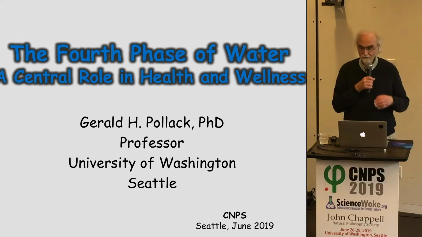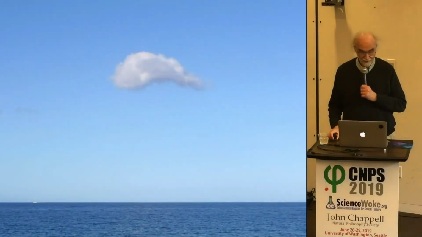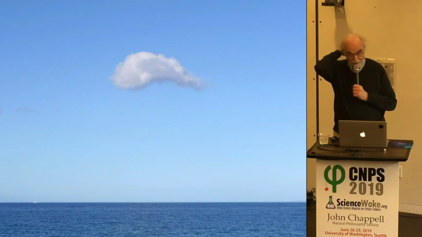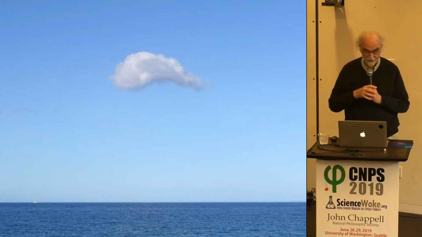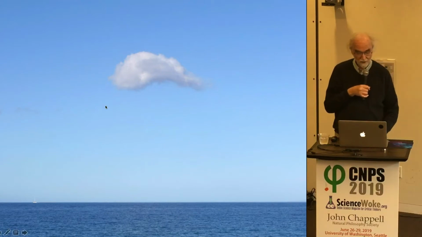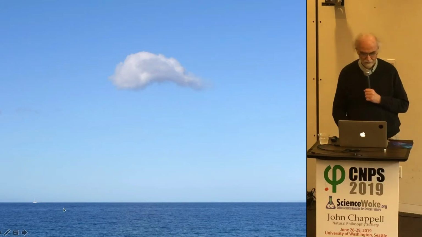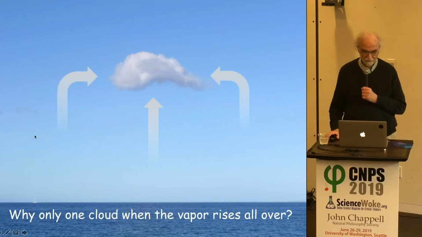But I want to show you, just to start with, that although we think we know everything there is to know about water, I'm going to show 4 slides. In Seattle, we have a lot of clouds and a lot of rain, but this is not in Seattle. This is actually looking out over a vast body of water. And this is something that is not too infrequent. You see a cloud that's sitting here. But when you think about it, the water is evaporating from everywhere. It's evaporating from here, but also from here. And the question is, how is it possible that you get only one cloud?